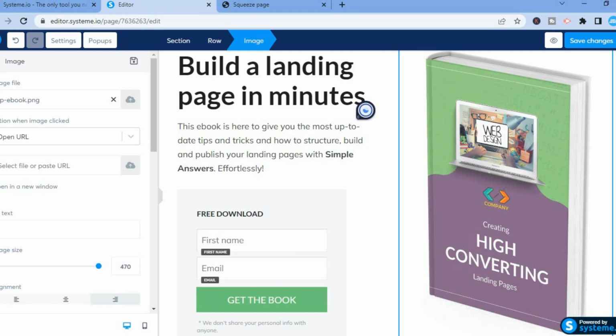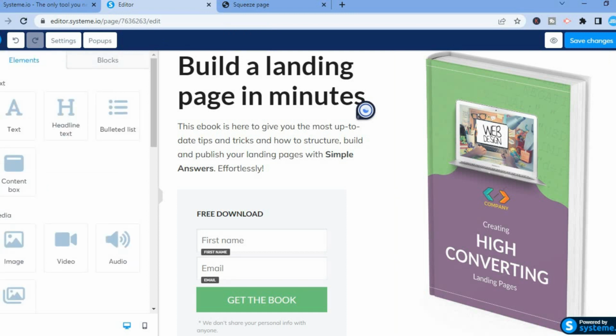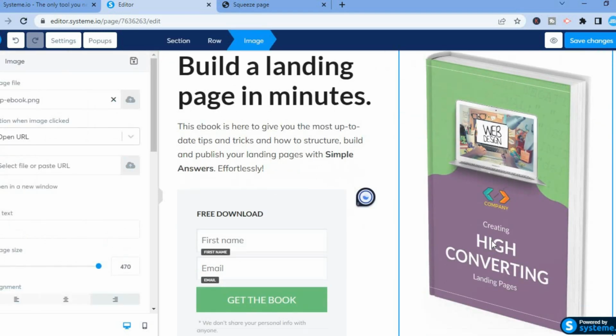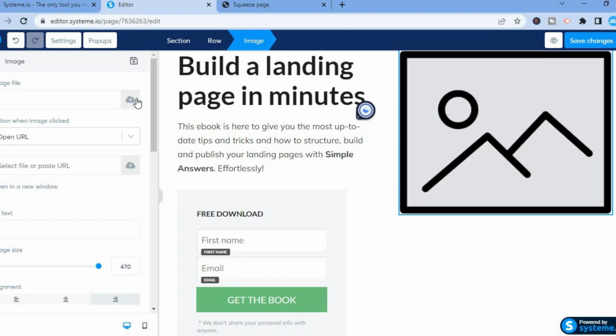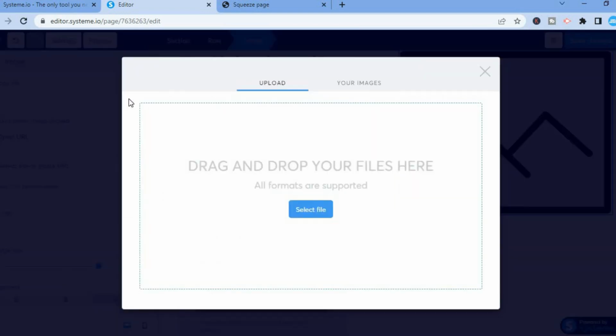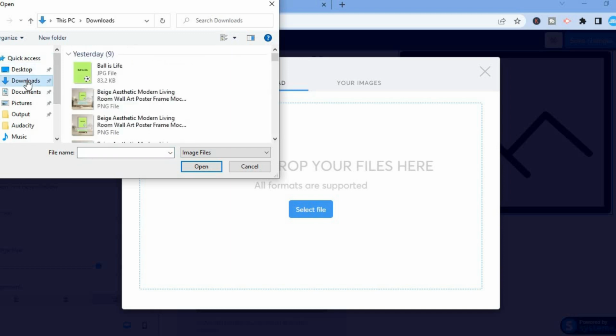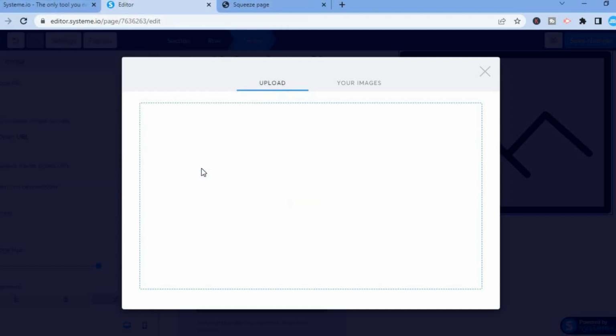So you could delete this image and upload your own image. All you have to do is simply tap on the image box or whichever box you would like to edit. And you will see on the left hand menu option right here, you can see the image file. So you could simply tap on the X right here to remove the image, then tap on the cloud icon to upload your own image. So let's say for example I want to upload a random image just for example's sake. So it will lead me here. Simply tap on downloads, and let's say I want to upload this random image. I could simply tap on it,